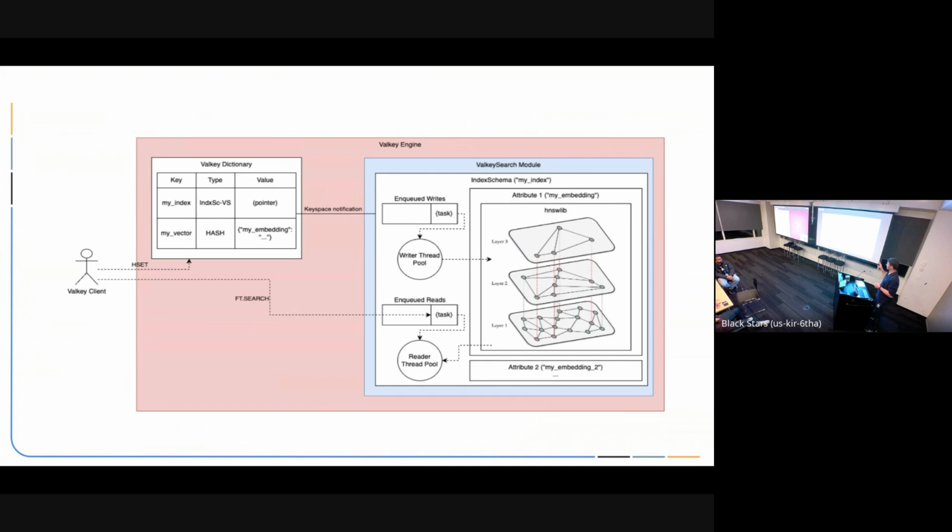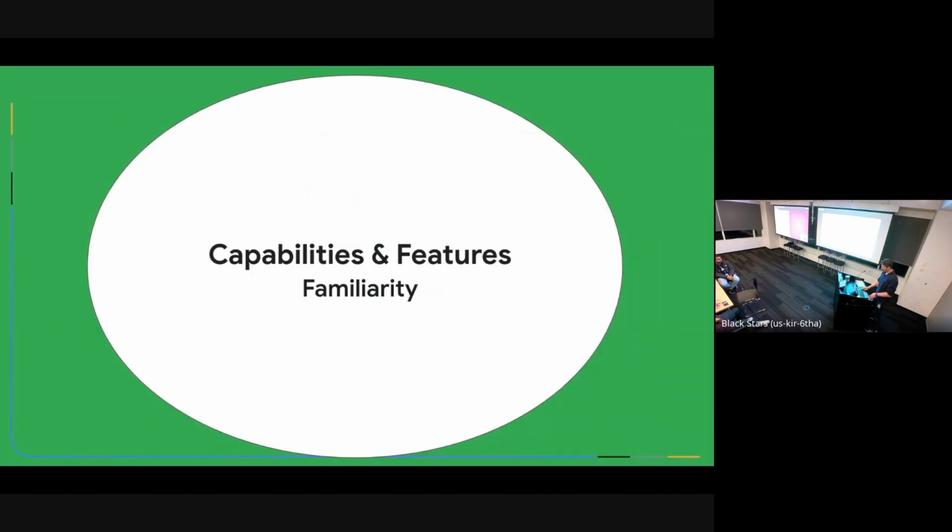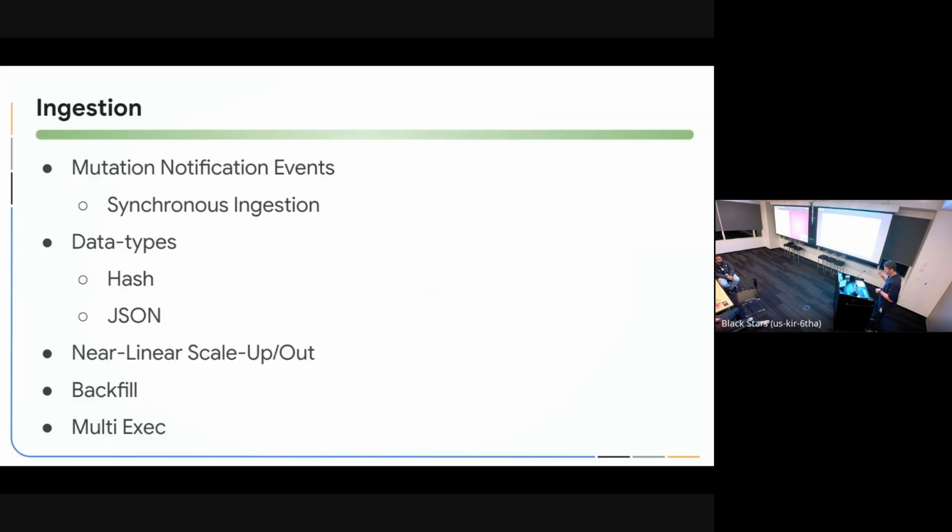With this simple design, we are able to scale up pretty linearly with the amount of CPU cores. So let's zoom in a little bit more into the ingestion flow. We incorporated an engine enhancement to allow us to